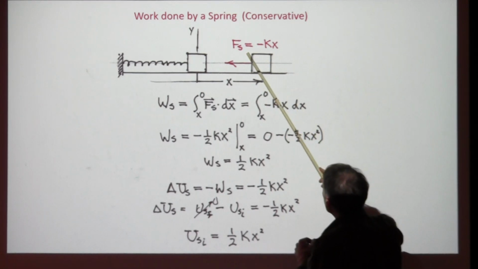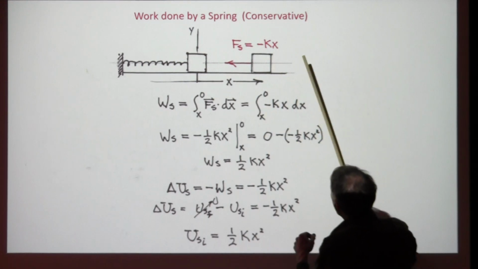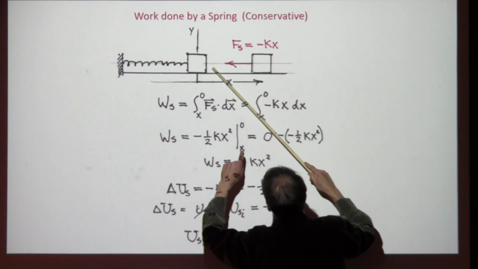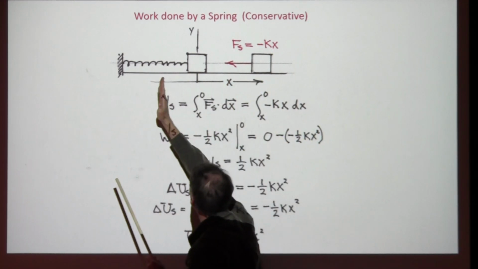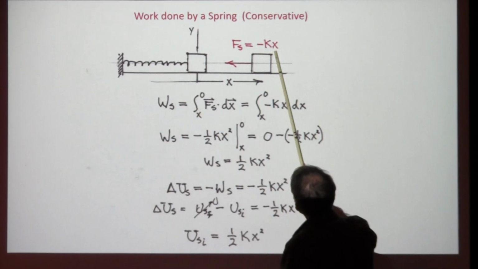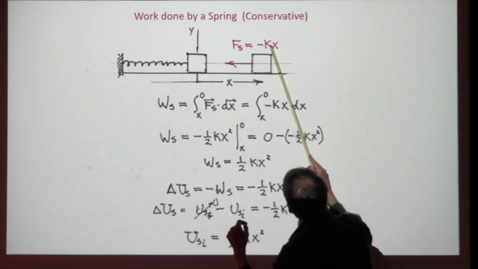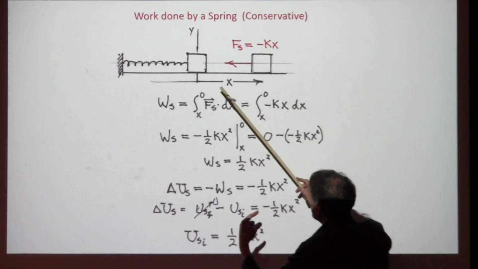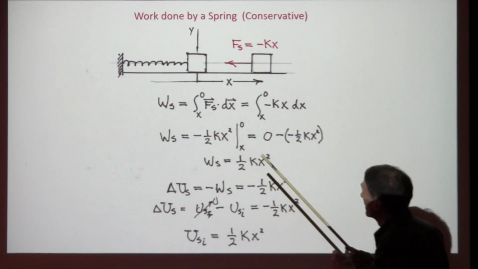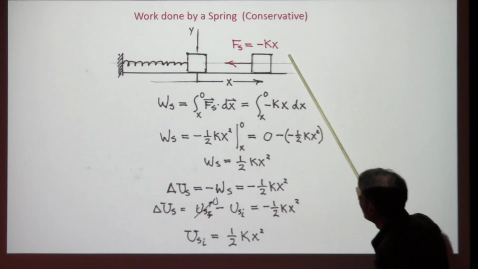The force of the spring is minus kx, in the negative direction. If x is positive, it's negative, so that just pulls back in this direction. If we take this and we compress the spring, the force of the spring pushes back. But nicely, this equation will still hold. The x would be negative, and then negative times a negative would make it positive. So when I compress this thing, it gives me a force in the positive sense. Okay, so once I know this relationship with the force of the spring,